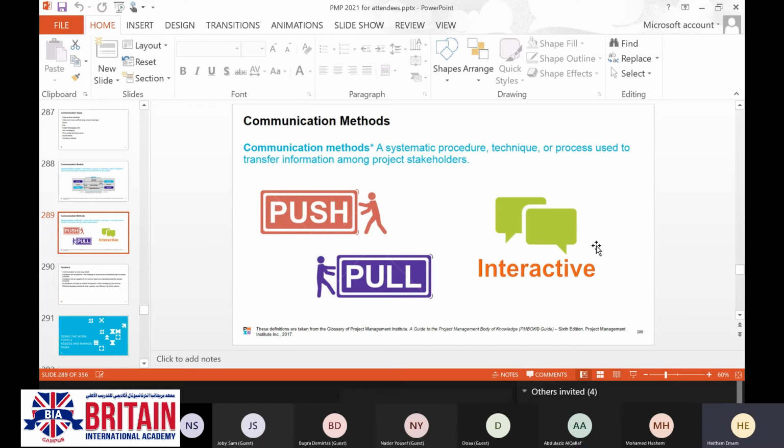Push communication: I'm sending certain information to someone. I'm not waiting for the response right now. Maybe I'm waiting for a response, or maybe I'm not going to wait for a certain response. Let's say Dua is working for a certain IT company, in IT technical support.